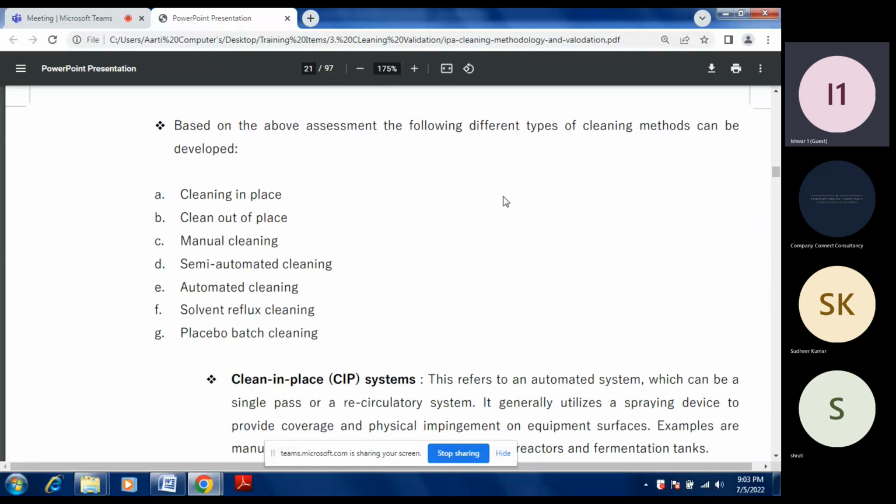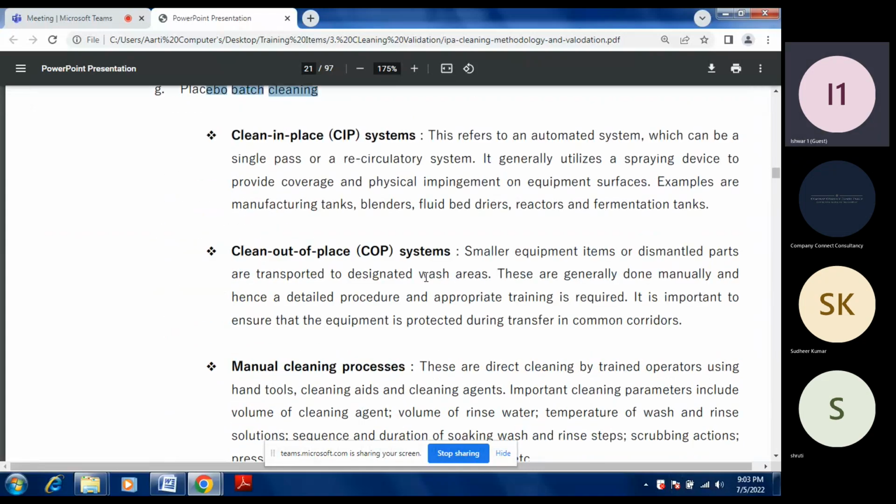So based on the above assessment, different types of cleaning methods can be developed: cleaning in place, cleaning out of place, manual cleaning, semi-automated cleaning, automated cleaning, solvent restricted cleaning, and placebo batch cleaning. What is cleaning in place? It refers to automated systems which can be single pass or recirculatory. It generally utilizes a spray device to provide coverage. Examples of equipment surfaces are manufacturing tanks, blenders, fluid bed dryers, reactors, and